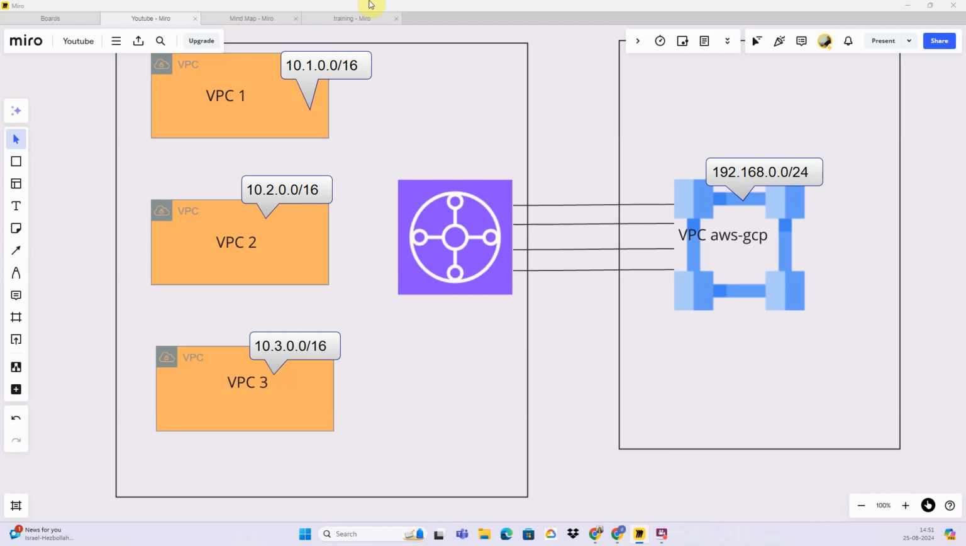Hello friends, in this video we are going to do VPN between AWS Transit Gateway and GCP using dynamic routing, that is BGP protocol. For this I have already created my three VPCs, a Transit Gateway, and a VPC in GCP. In this demo we are going to connect all the three VPCs to the Transit Gateway, and then we are going to run a VPN tunnel between Transit Gateway and GCP,